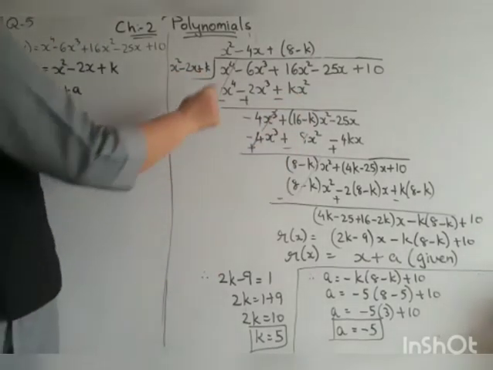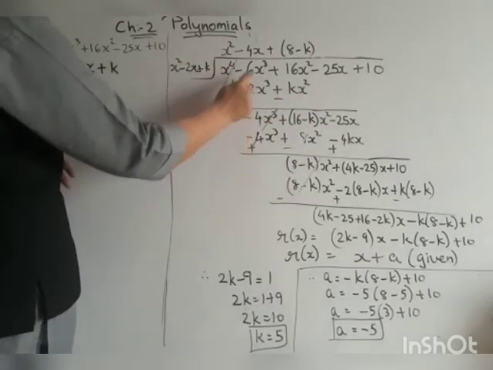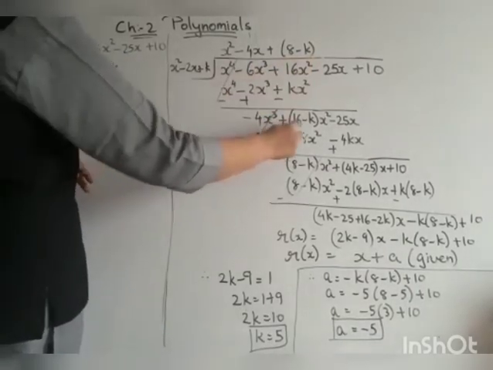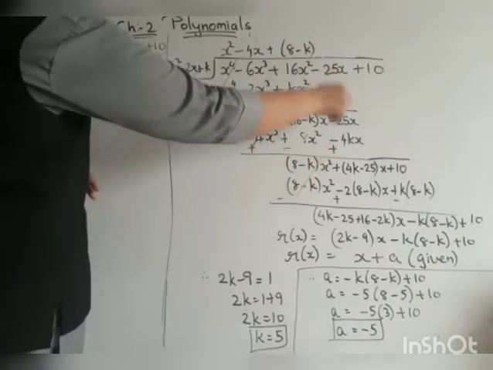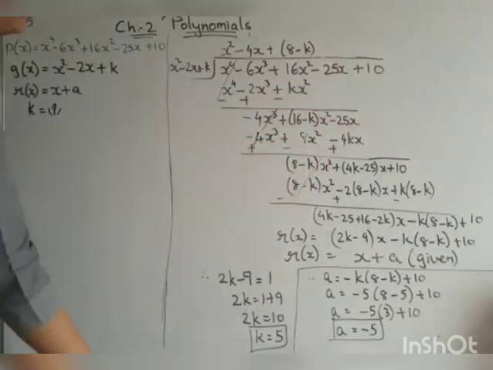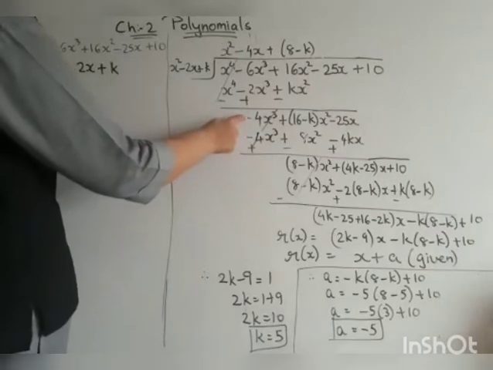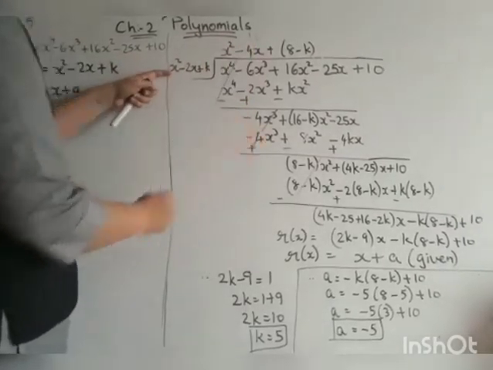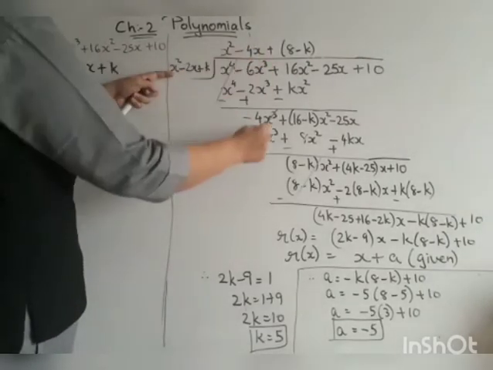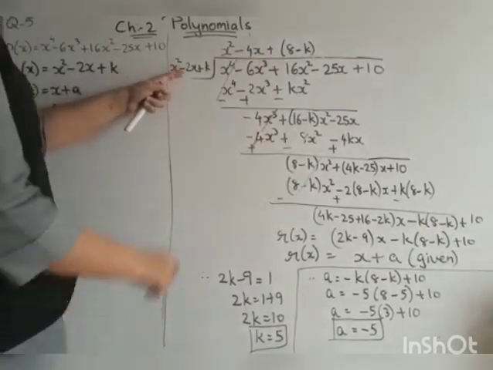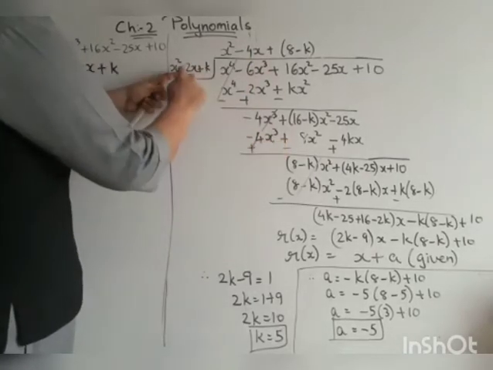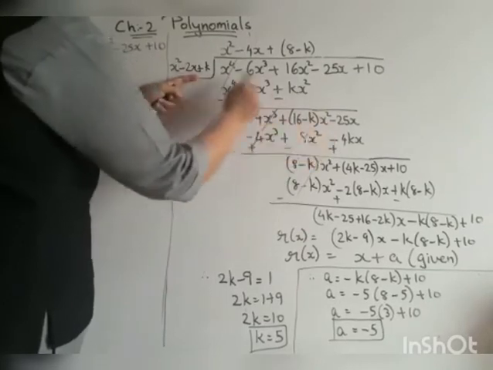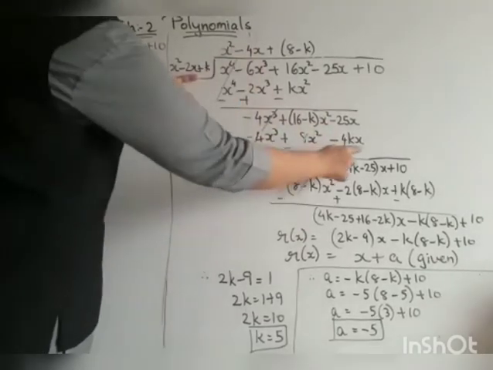Afterwards sign change, minus plus minus, so it is minus 6 plus 2, 4x cube, plus 16 minus k, so it will be plus 16 minus k x square. Bring down minus 25x. Now children, here you can see minus is there, so here we will keep minus. Now x square multiplied by what will we get 4x cube? X square multiplied by 4x, we will get 4x cube. Here minus minus plus, 2x into 4x is 8x square. Plus minus minus, k into 4x is 4kx.